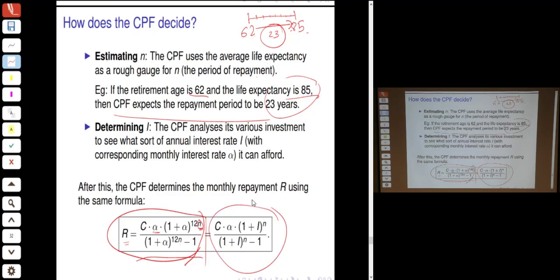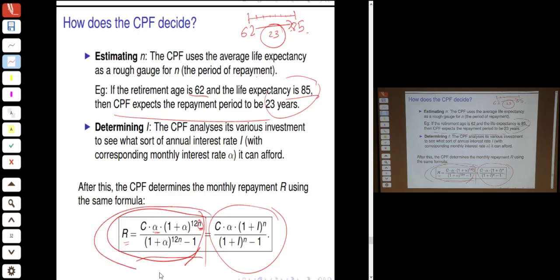So the CPF board needs to come up with an annual interest rate, and what it does is that you invest the money with this kind of a financial institution, and it invests this money in various places like the market, and it gets returns from there, and it's from these funds that it pays. So the board analyzes its various investment options in order to see what kind of annual interest rate I or the monthly interest rate alpha we can afford to pay. Once it has fixed this monthly interest rate alpha or annual interest rate I, then